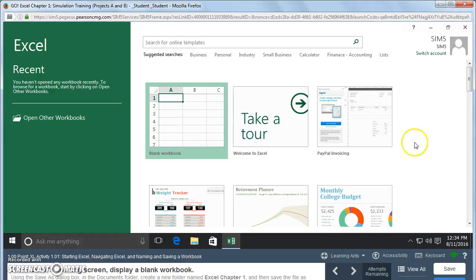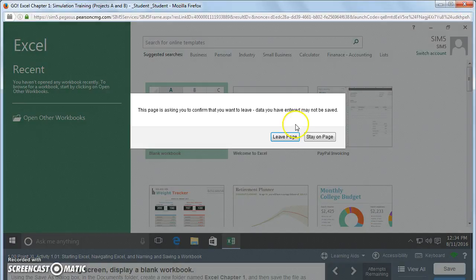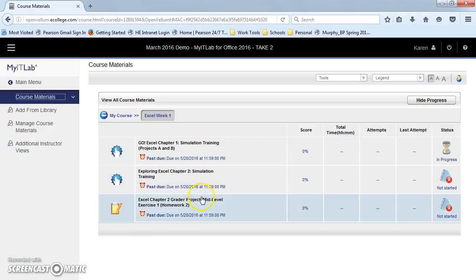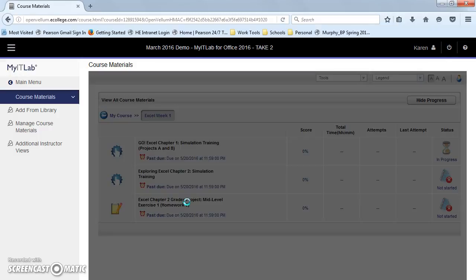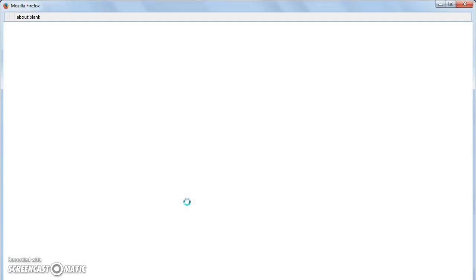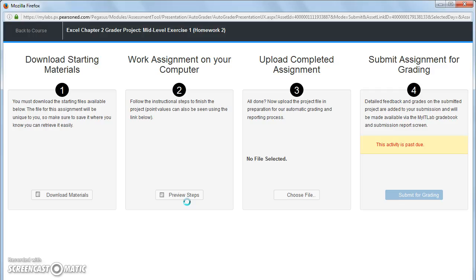So this is a simulation. Apart and different from a simulation is a grader project. A grader project requires students to do work live inside the application. So if it's an Excel project, they're actually going to be working live in Excel. If it's Word, they're going to be working in Word. And I understand your students do have access to Office 365, so they shouldn't have an issue having access to